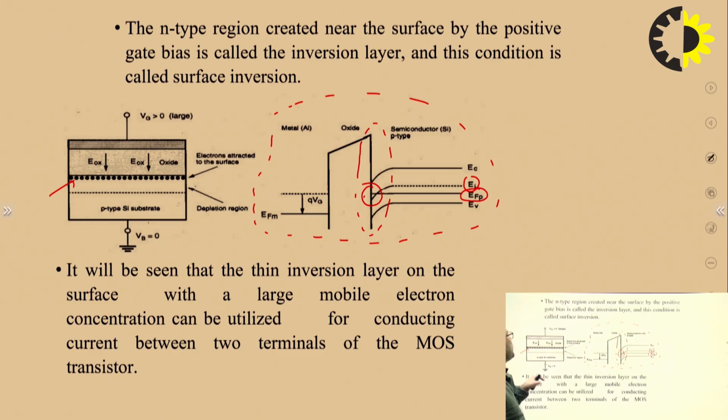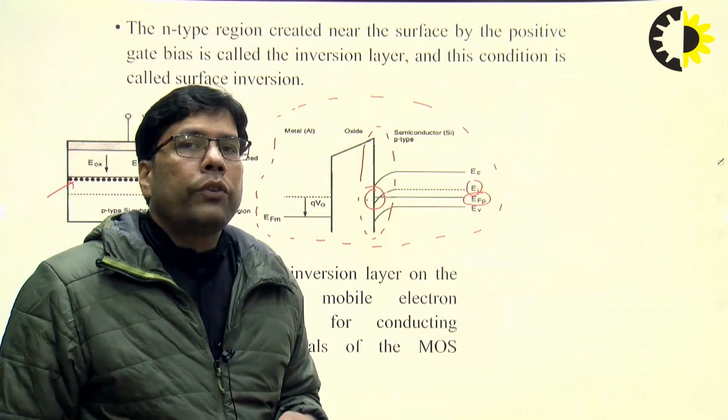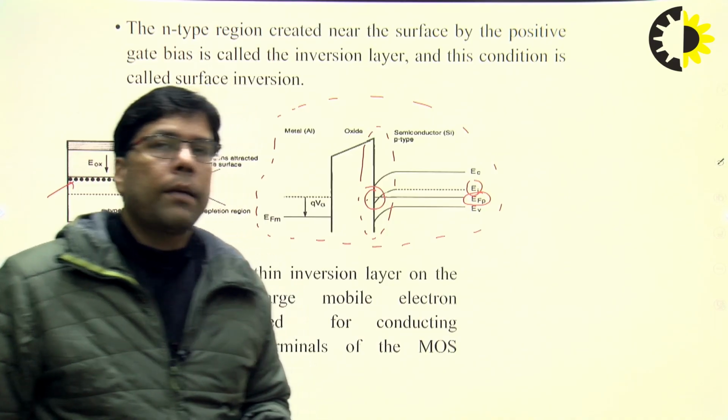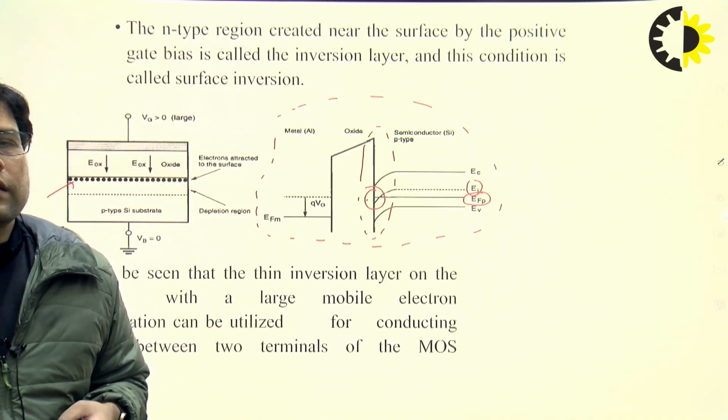So in this lecture we have studied the different operating regions of the MOS. The first one is accumulation, the second one is depletion, and the third one is the inversion layer. Also we can understand how we can correlate this three-layer structure of the MOS as a capacitor,